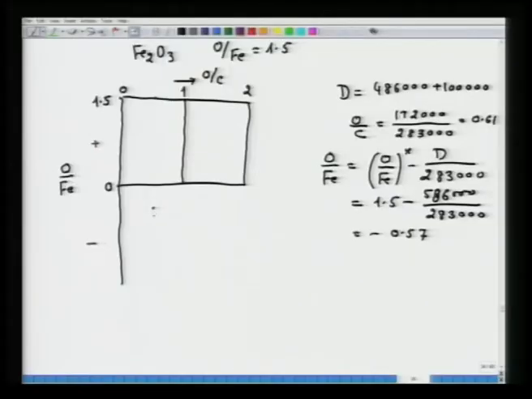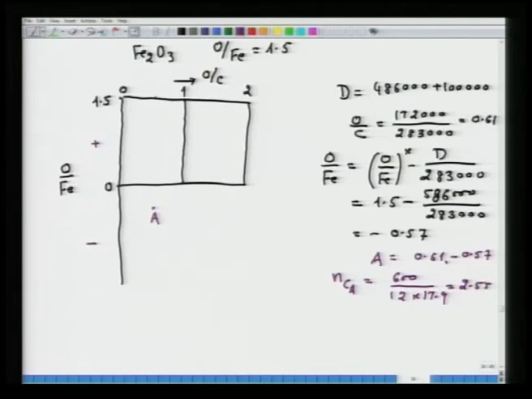So, for this operation of blast furnace iron making, this particular point, which I will call A, has the coordinates 0.61 and minus 0.57. Now what is to be done? We need to know the value of NCA. Let us take the carbon content as 600 kg per ton of iron. So NCA can be calculated: NCA is equal to 600 upon 12 into 17.9, which is equal to 2.55.